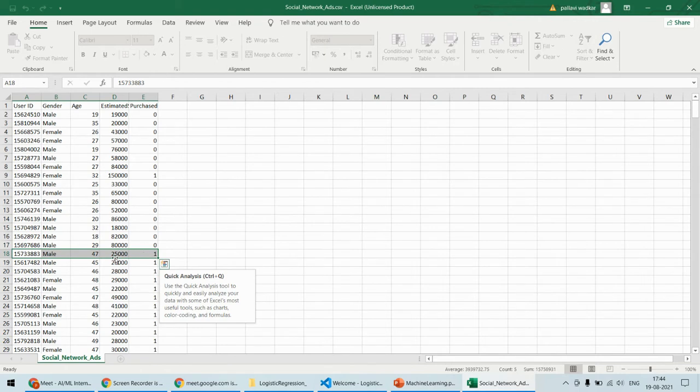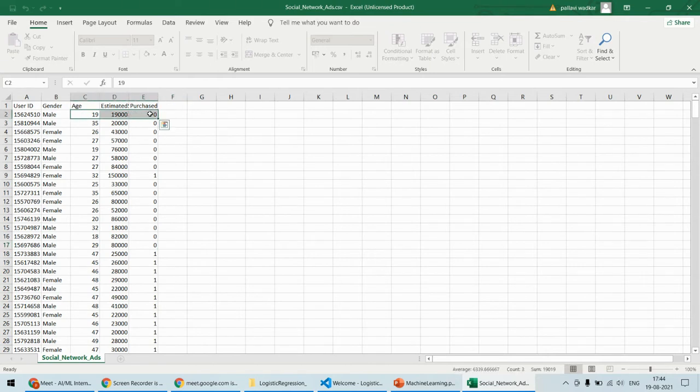परचेस किया है, उसका सैलरी 25,000 है, एज 47 है, तो उसने कार को परचेस किया है। और इस वाले बंदे ने कार को परचेस नहीं किया है, even if he has seen the ad but he has not purchased that car. तो इसने एड देख के जस्ट ओवरलुक कर लिया है और उस कार को परचेस नहीं किया है। तो इससे हमें ये अंडरस्टैंड करना है कि कौन से ऐसे लोग हैं जो कार परचेस कर